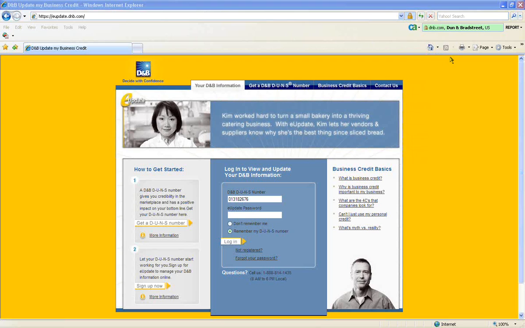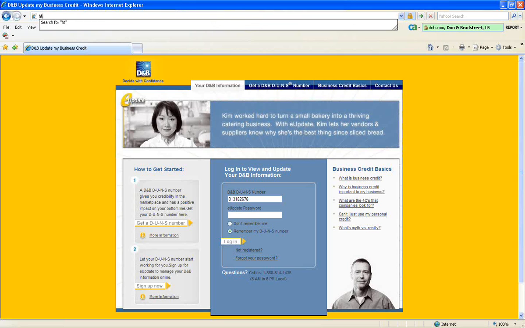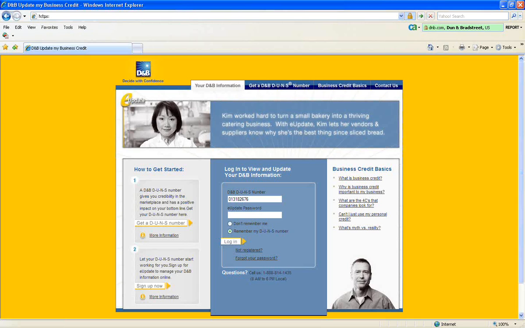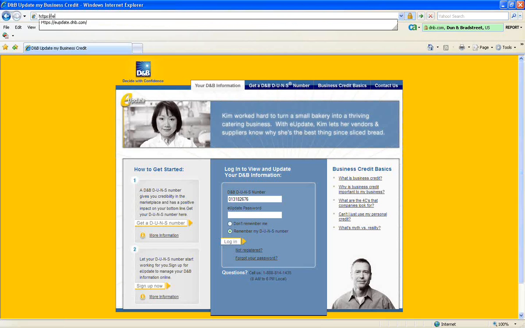The first step of how to obtain a DUNS number for free is to log on. I would recommend using Internet Explorer. The reason I recommend this is because I've had issues with Firefox in the past. So what you want to do is log on to the website, click on your address bar, and type in